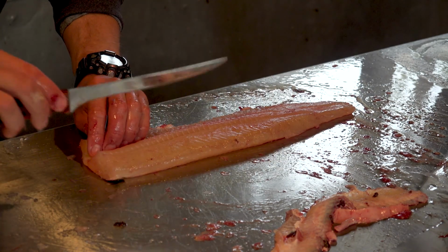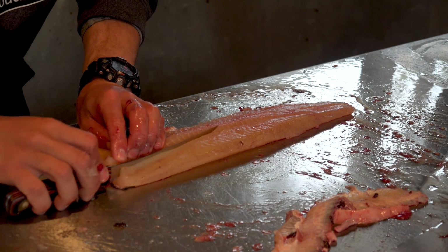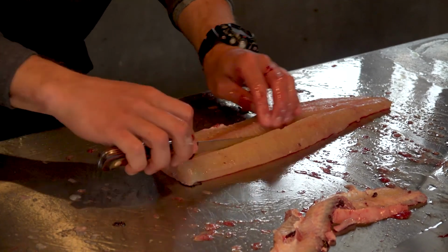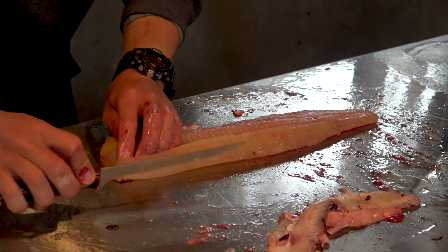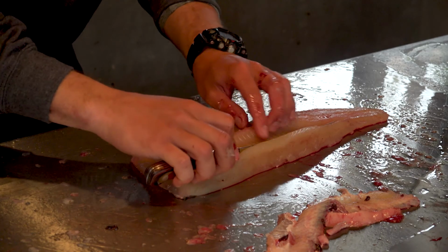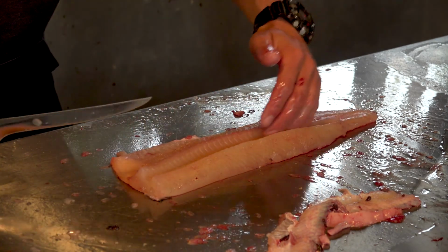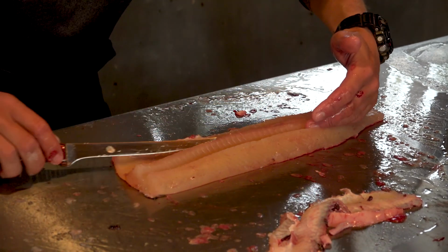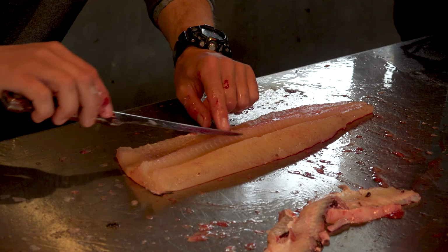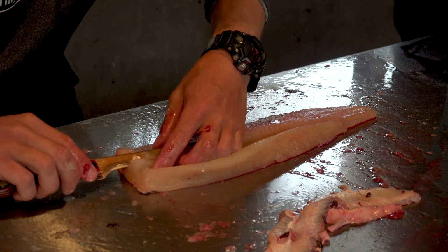Now what I do is I keep my blade vertical on a slight forward angle so I don't cut into those Y bones, but then I just shave across right on top of those bones. Just like that. And then what I like to do once I pass the top of those bones, I just like to shave it down just a little bit, so then when I come on the other side, I'll be able to pull them right out, and you'll see that in a moment. So once we finish that, I'll go on this side, the bottom side of all these bones here. I'm going to cut at about a 45-degree angle,